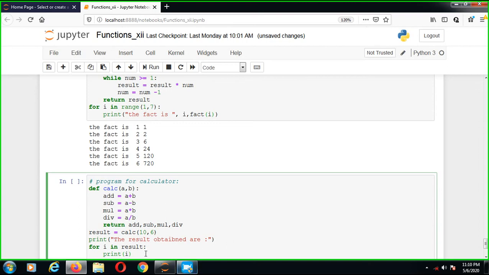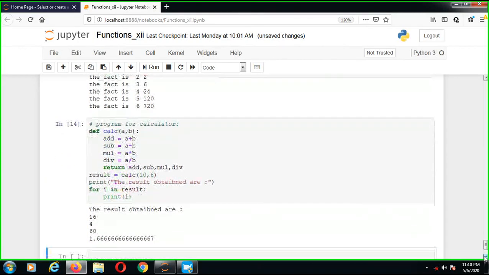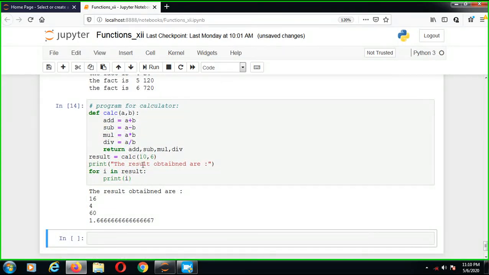So we execute this program and see the output. Okay, our values are 10 and 6. A plus B is 16, A minus B is 4, A multiplied by B is 60, A divided by B is 1.66. Understand?